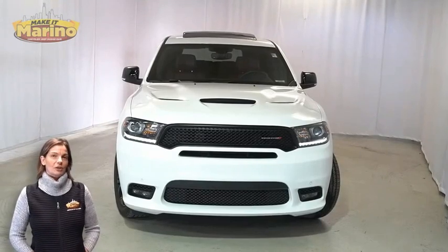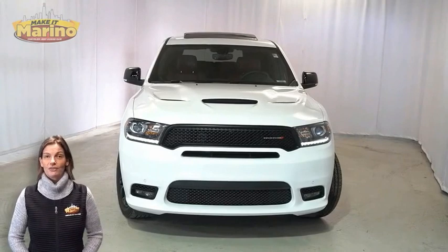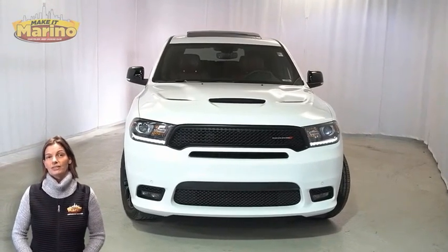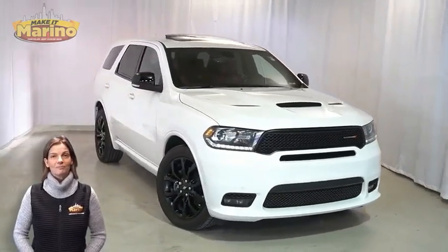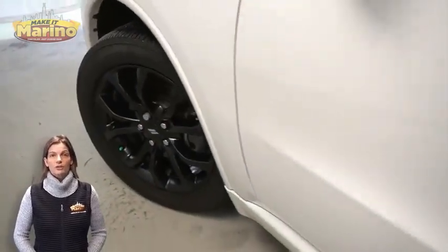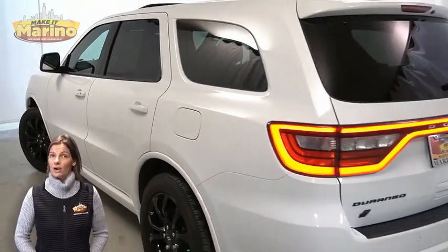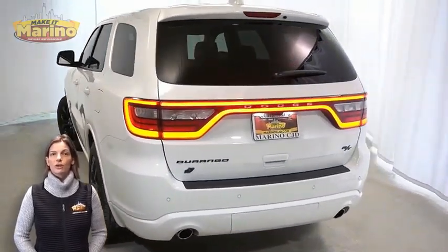There's only one vehicle that blends classic style and modern design to create the next generation of an icon. Take a look at this certified pre-owned 2019 Dodge Durango RT Blacktop in white knuckle. With HID headlamps, performance hood, 20-inch aluminum wheels, blind spot and cross-path detection, LED tail lamps, rear window wiper and